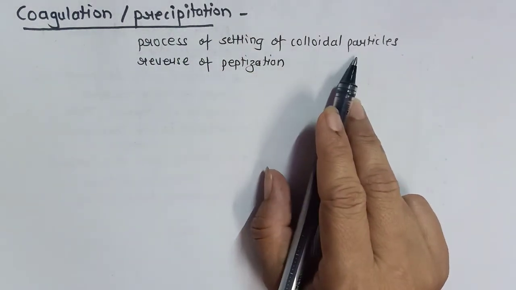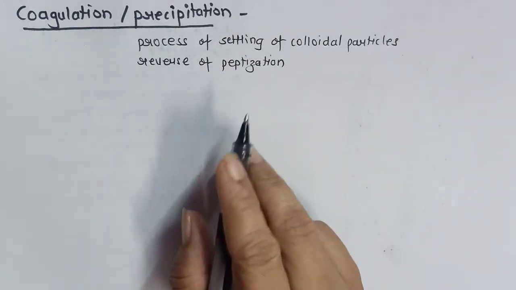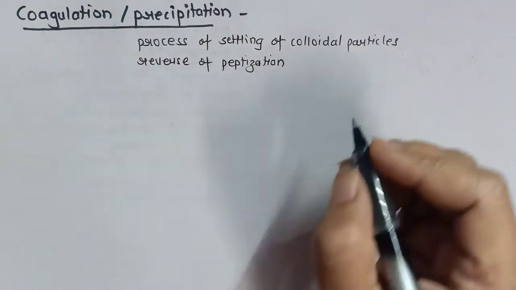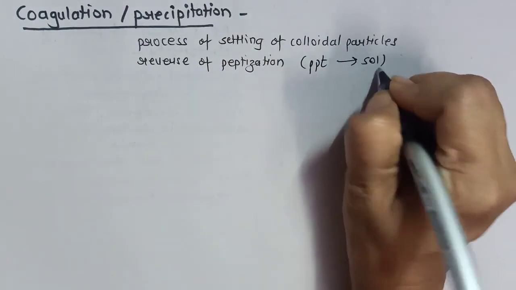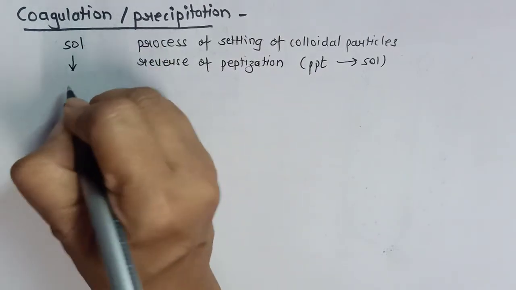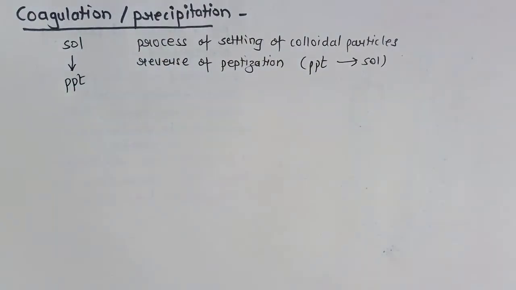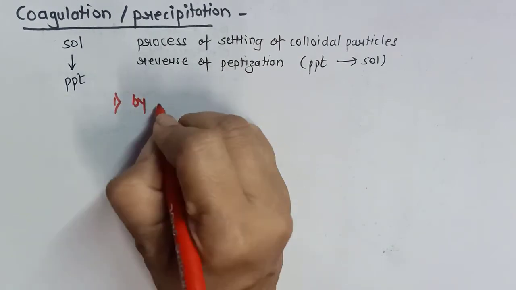The process of settling down of colloidal particles is called precipitation. It is just the reverse of peptization. In peptization, what have we seen? The precipitate is converted into sol. Whereas in coagulation, the sol is converted into precipitate. Now, what are the different methods by which we can convert the sol into precipitate? The first one is by electrophoresis,